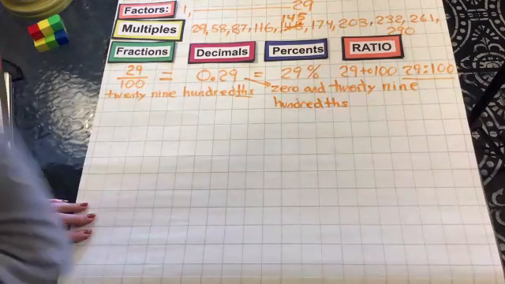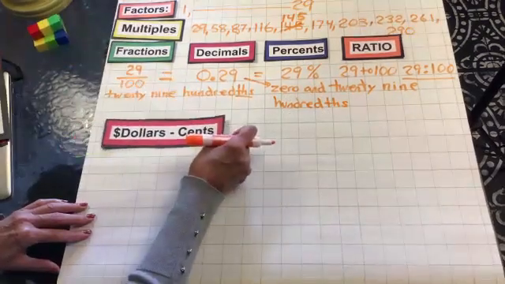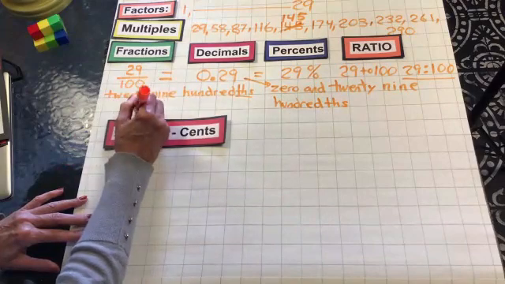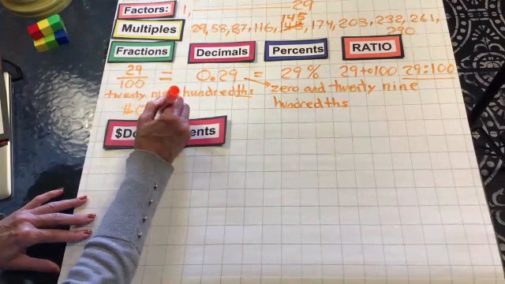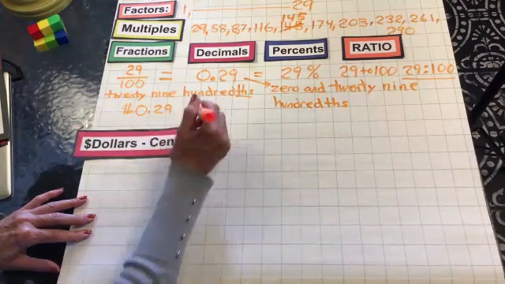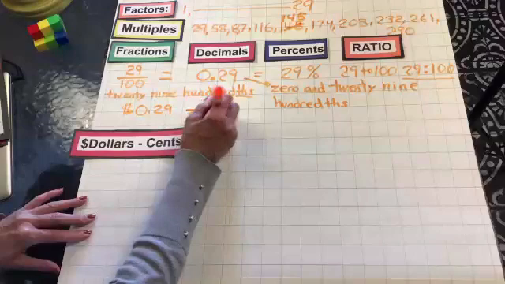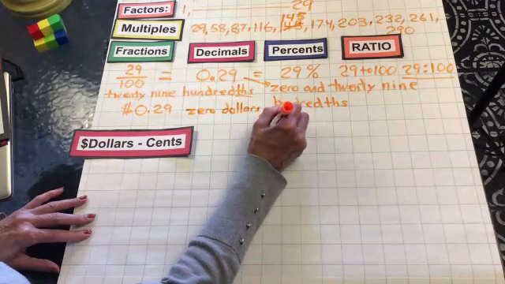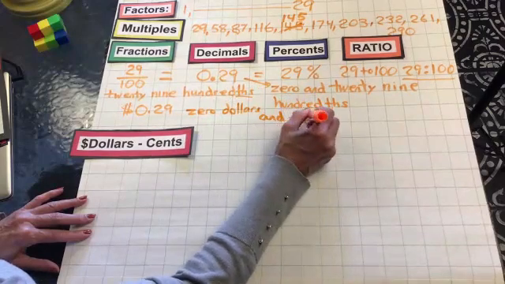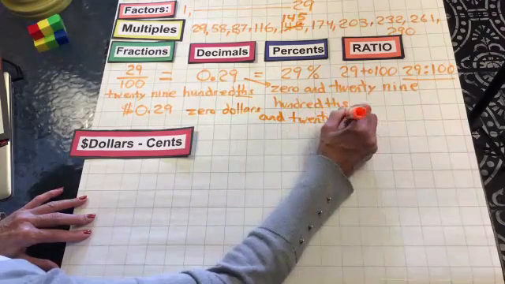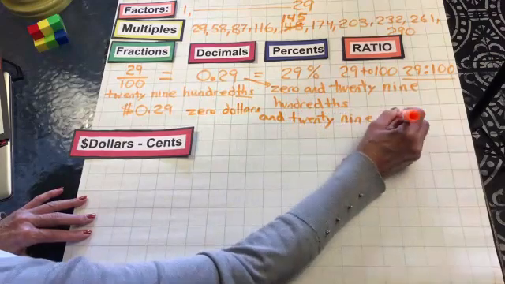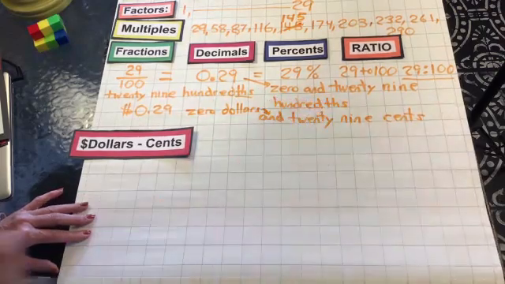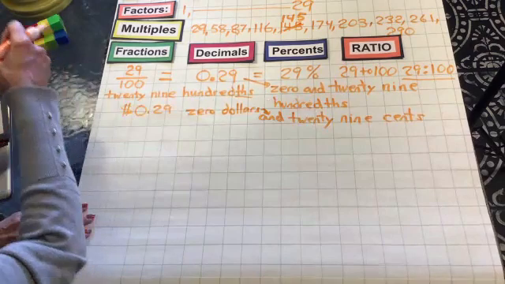All right, let's move on to dollars and cents. I'm just going to lay this here because I'm going to put my dollars and cents right here. We're going to make it $0.29. So we would write that out, $0 and 29 cents. So this goes down here from here. All right, let's move on